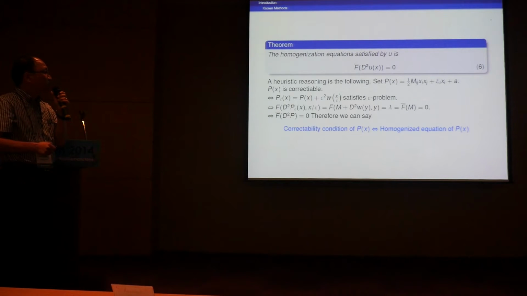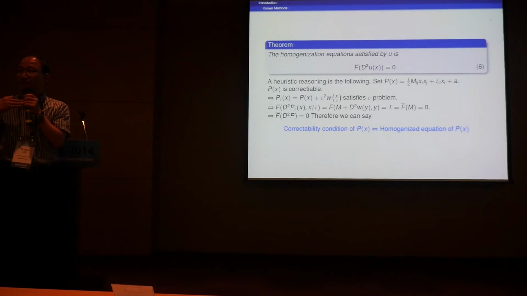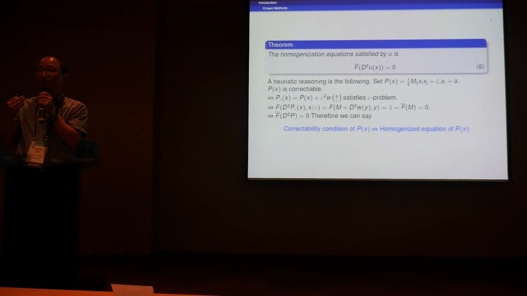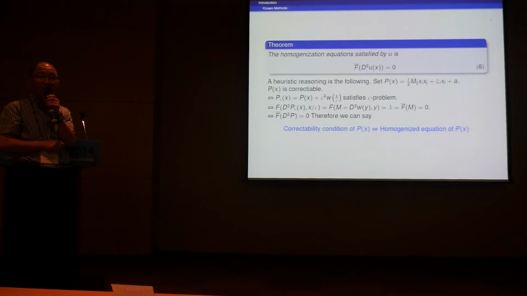So if you expect this is the limit, then that is very special, as I told you, because it's a limit of epsilon problems. Then somehow it should be very close to the solution. So it should be correctable to be a solution of an epsilon problem. How? By adding this corrector to this polynomial. Then we expect it to satisfy epsilon problems. And you plug this one into the original equation, then we end up with this problem, which we discussed before.